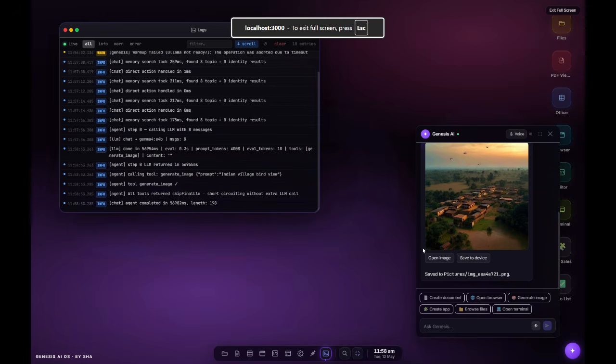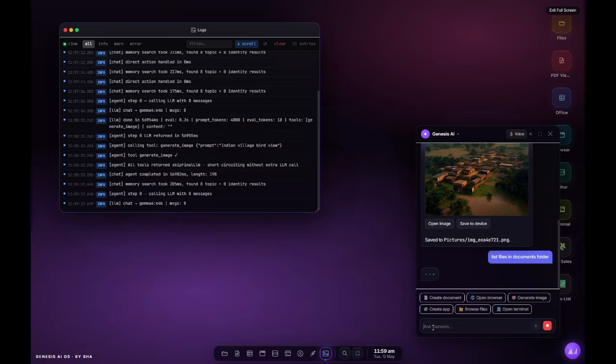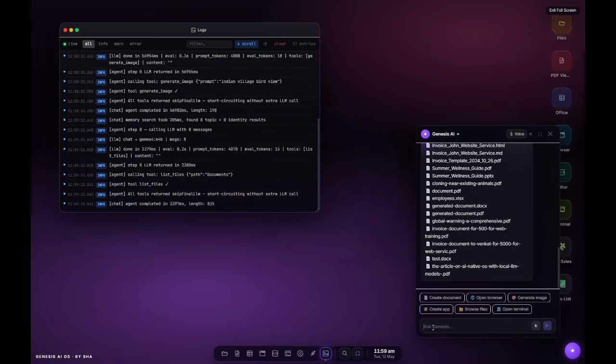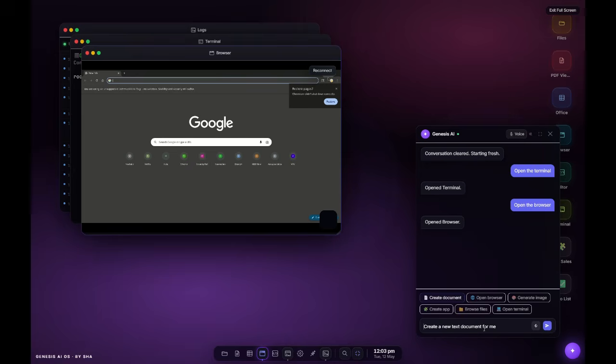Then I wanted to create a document. Let's say create a PDF invoice. Let's do some other operation like list files in documents folder. Now it should actually give a list of files. So let's say create a document, create a new text document. Now I wanted to create a new PDF document